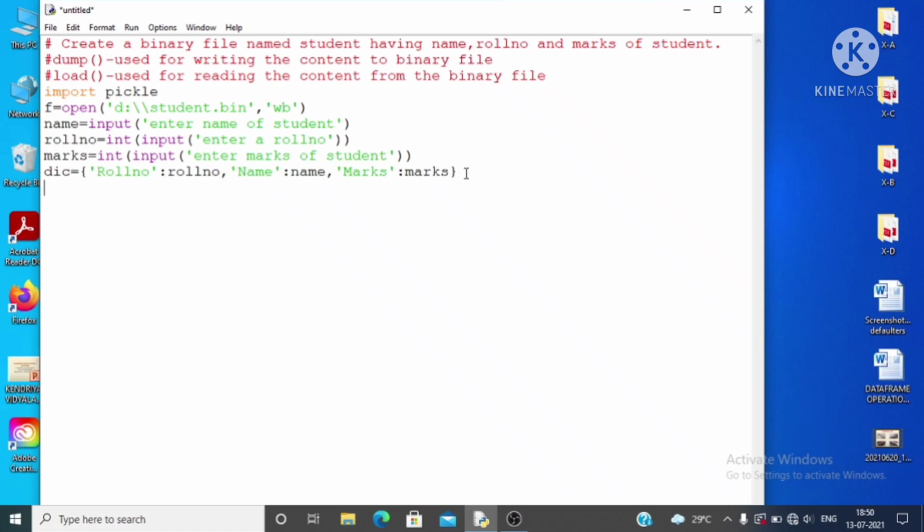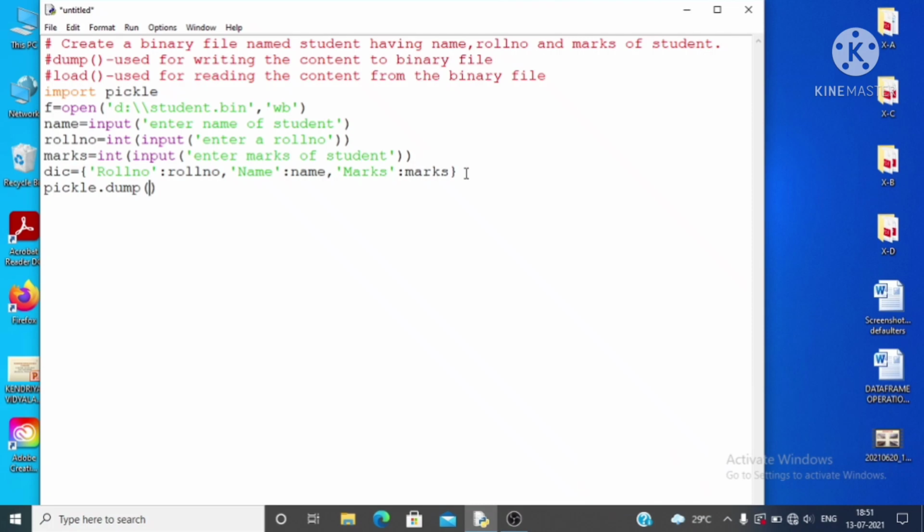After this, now I want to write this dictionary to my binary file. So for writing the content to the binary file, I will use the dump function. Write the name of the module, which is pickle in this case, then the function name after dot. Dump is the function for writing the content to a binary file, so I will use this function. Inside this you have to pass two parameters.